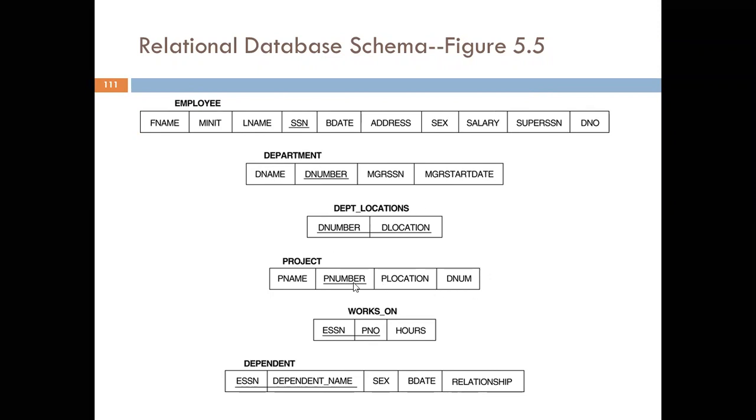Then project. Each project is identified by the project number, and each project belongs to a particular department. And an employee works on a project based on the number of hours, and one employee can work in multiple projects. And along with that, employees will have dependents. So they have a relationship with ESSN, which is linked to the employee table. Based on this particular table, we'll look into some data, and then for that particular data, we will be writing the queries.